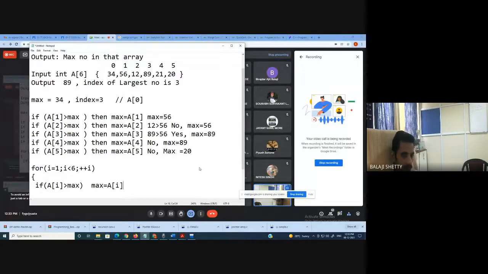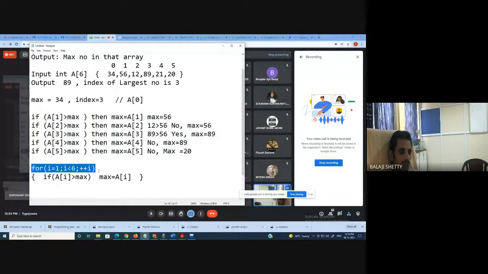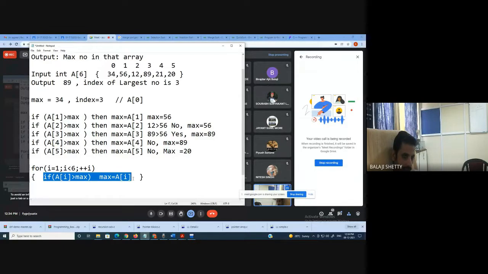That's it. So this is the power of programming. Instead of writing this statement 5 times, I have written one for loop which will execute 5 times, 1 to 5. Every time this condition is satisfied, max is updated.